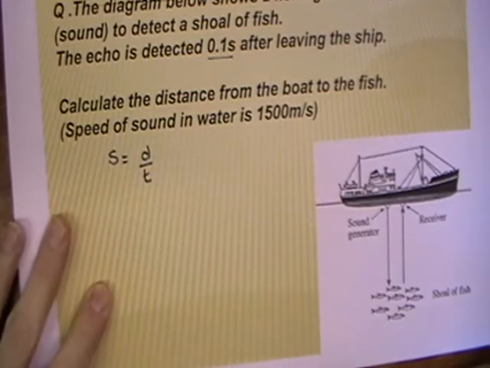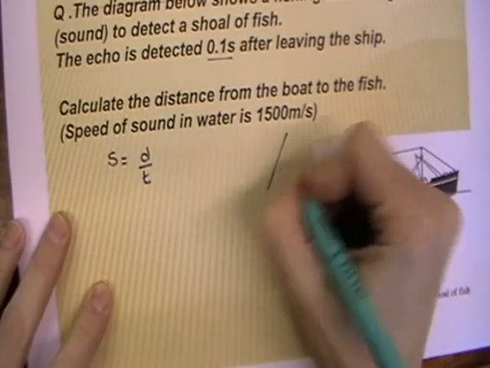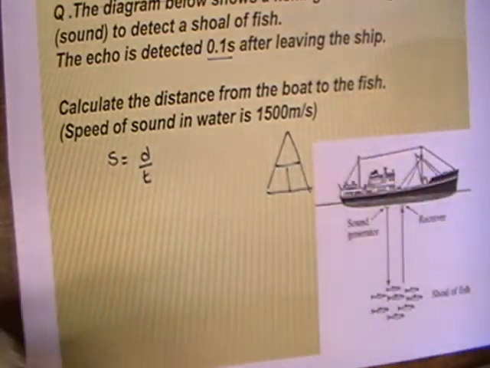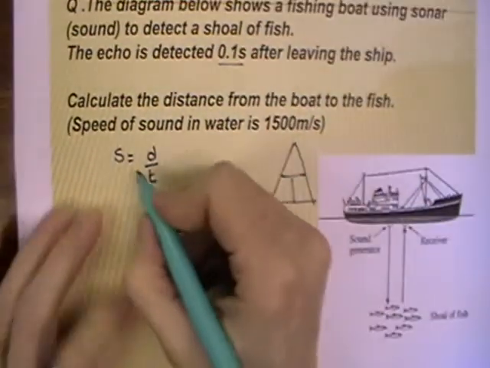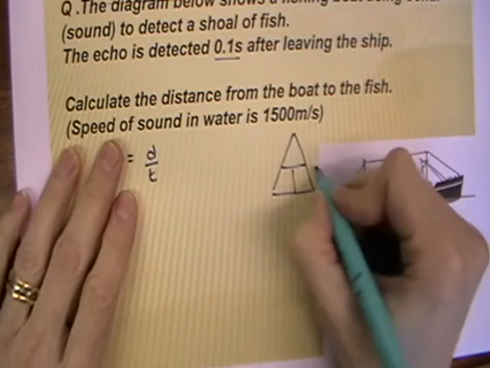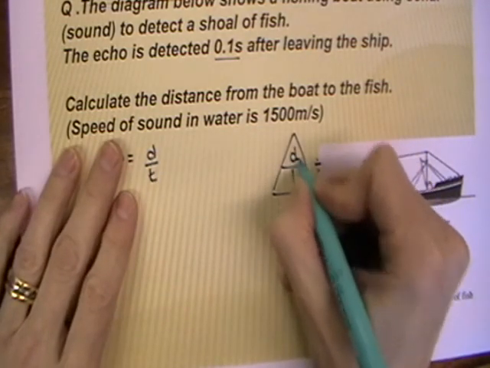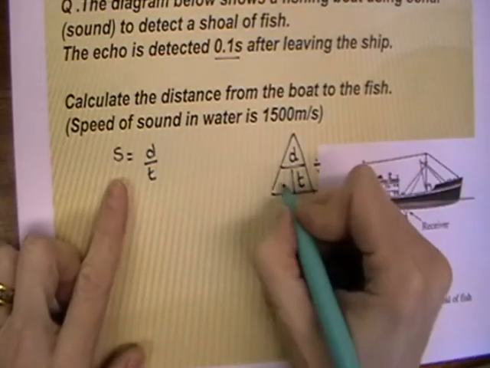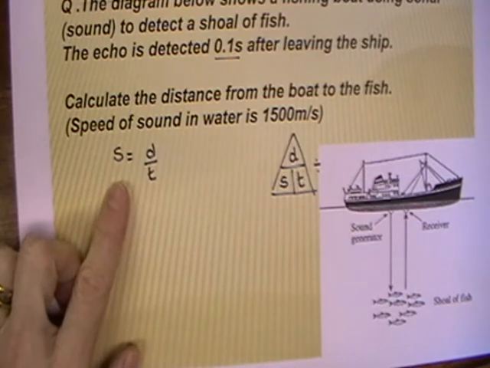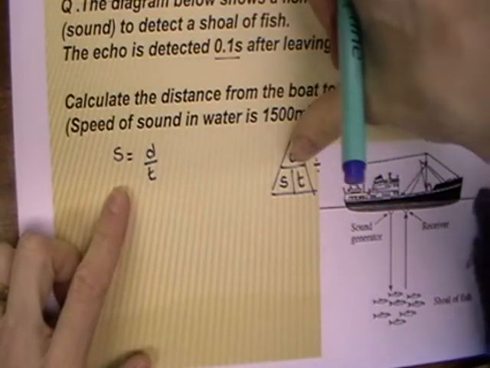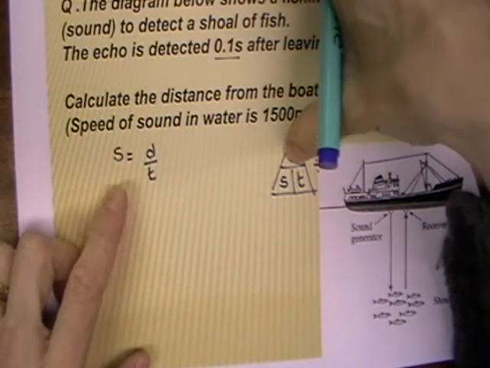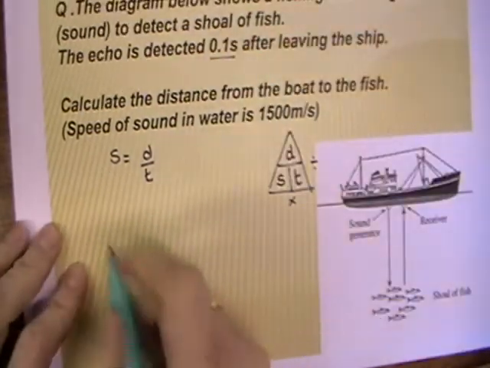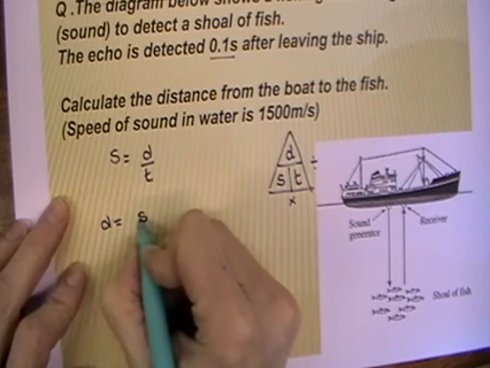We are looking for a distance, so you again could use your little triangle to rearrange your equation. Because it's distance divided by time, and this is a dividing sign, if you put distance there and time in one of the bottom ones, then speed goes in the other. We're looking for a distance. If you put your finger or thumb over the distance, you can see there that distance is speed multiplied by time. So if I write down distance is speed by time,